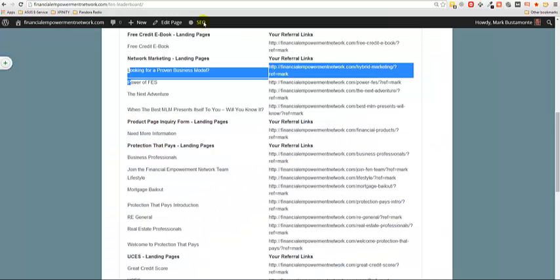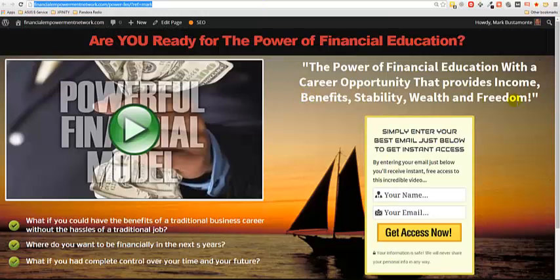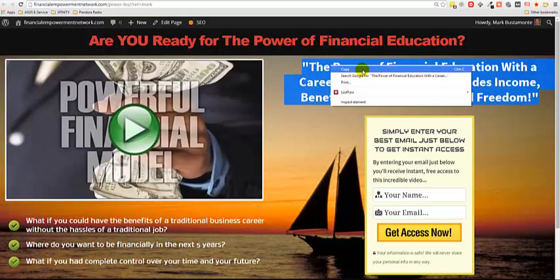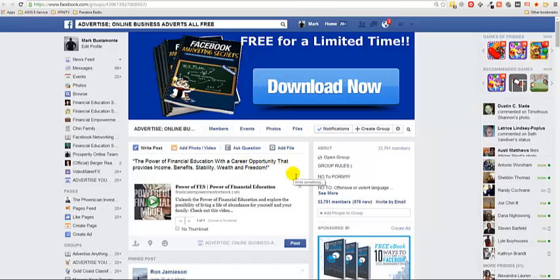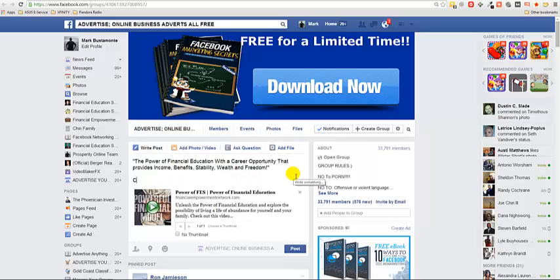I'm going to go back over to this page that we're using. I'm going to copy this text here, and I'm going to use that text. Now, in this case, since I used the link and it pulled this up here, I don't need the link anymore. I can delete that, and this is what will link to that page. So I'm going to put that in there: the power of financial career opportunity that provides income, benefits, stability, wealth, and freedom. Click